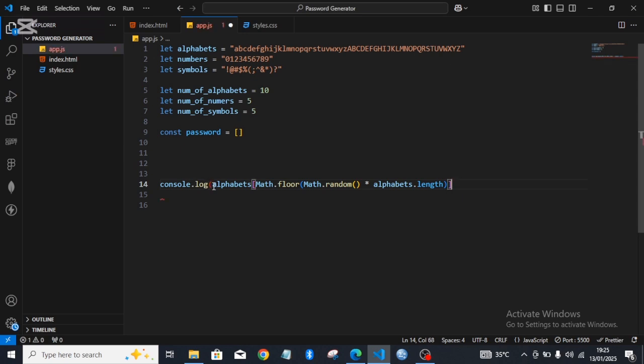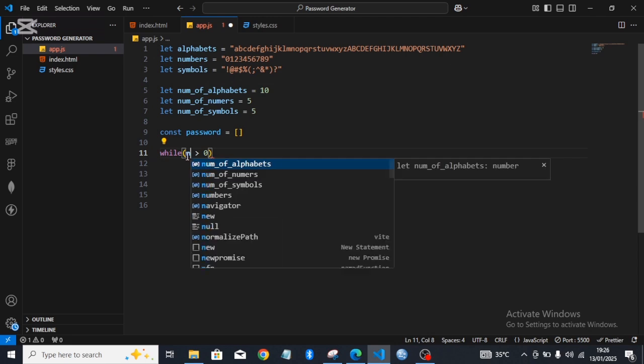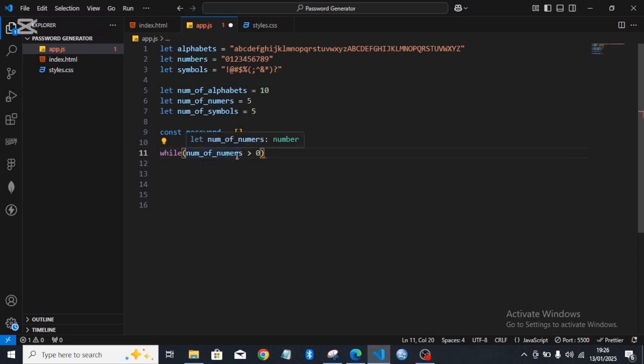Okay, after we've gotten this part, now we want to find a means of pushing the different alphabets we're getting 10 times into this password array. And how do we do this? We can do this using the while loop. We can say while the number of alphabets is still greater than 0, we want